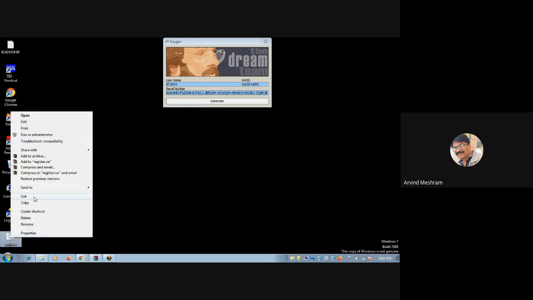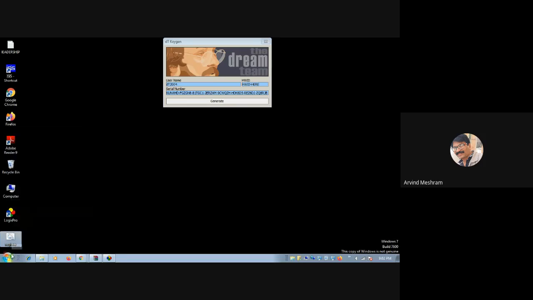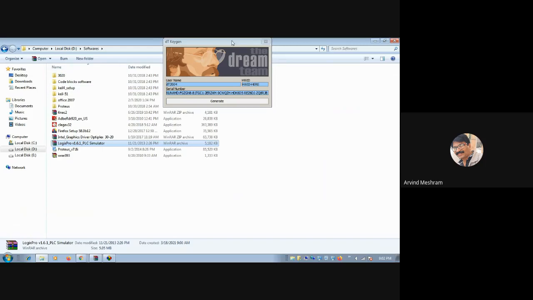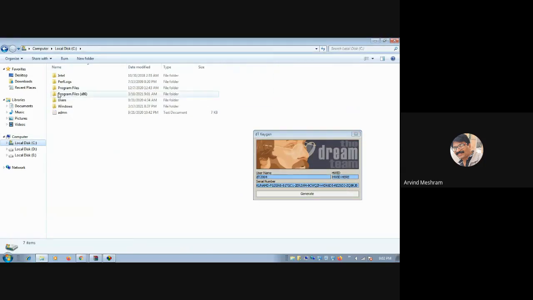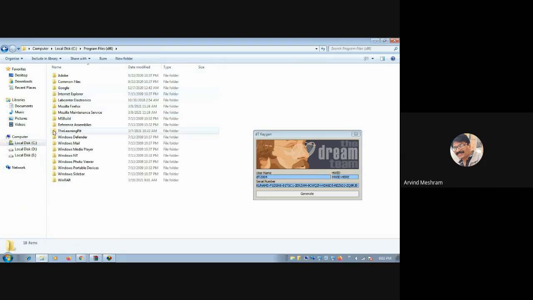I will copy this and go to C colon, Program Files. You may have Program Files, or you may have Program Files x86. If it is x86, you go to here, go to the next folder, that is the Learning Kit.